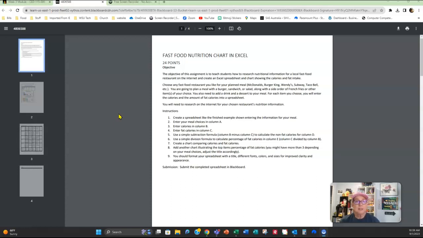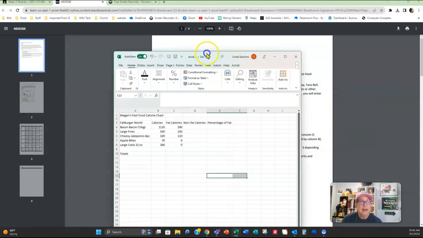Once you have your restaurant, you've picked your items, go in and research to find the nutritional value. I want to know what the calories are and the fat calories. That's the two nutritional items that we are looking for as a result of this chart. Once you have that data information from the internet, then you're going to open up an Excel spreadsheet and enter